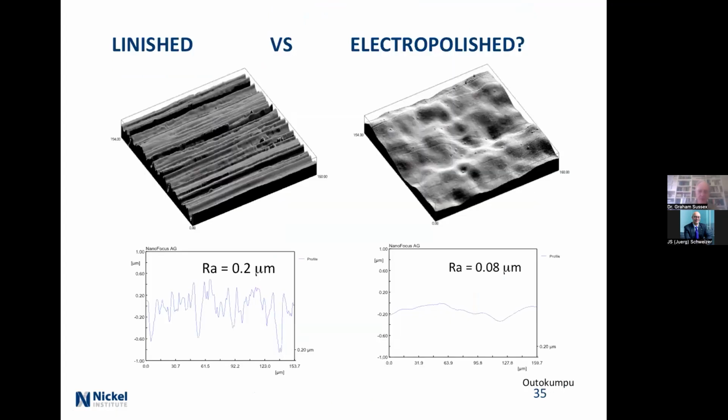So let's polish the surface up. This on the left is just an abraded surface. It's massively expanded, of course. That's what the surface looks like if it's done by a machine, so it goes nice and curved. And you're talking about an Ra of about 0.2 micrometers. If you electropolish it, you take all the peaks off, and so you get this sort of shape, and an Ra which is, well, less than half. And 0.5 micrometer Ra is about the break point in terms of good corrosion resistance.